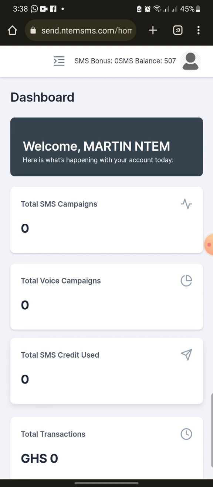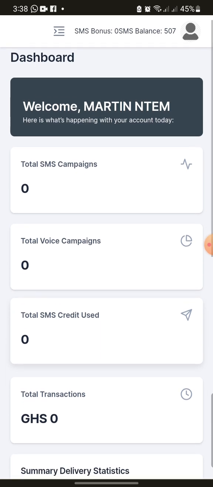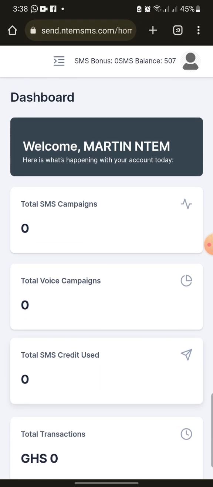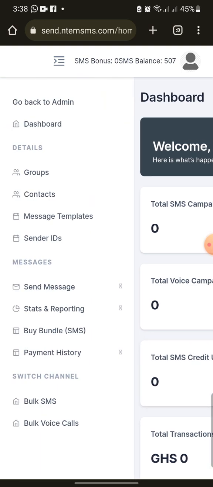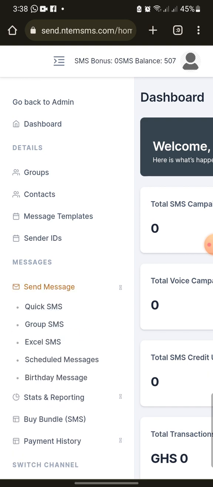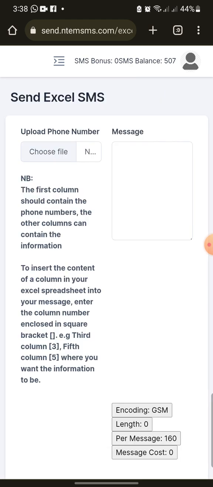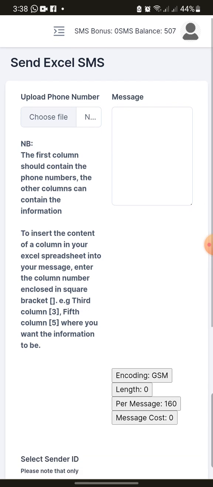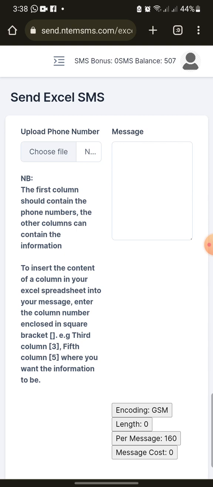In that case, you are going to use the Excel messaging. It's the same way as the Excel messaging we have looked at. So you come to the dashboard or the menu, you see send message, and you use Excel messages or Excel SMS. The only difference is that this time around, you are not just writing the telephone numbers, but you are writing